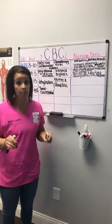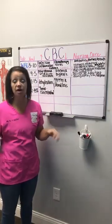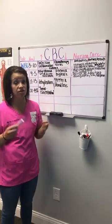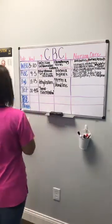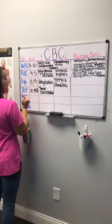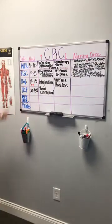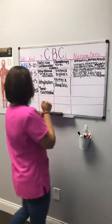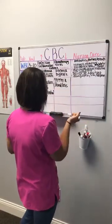Your red flag number is 7, because across the board, almost everybody in the history of ever, if your hemoglobin goes below 7, that's a giant red flag, and you need a blood transfusion at that point, okay? So I'm going to put your red flag lab less than 7. So that's scary, all right? Remember, your hematocrit's always going to match that, so all you have to know is the hemoglobin. All right, so low could mean anemia. It could be from blood loss. It could be